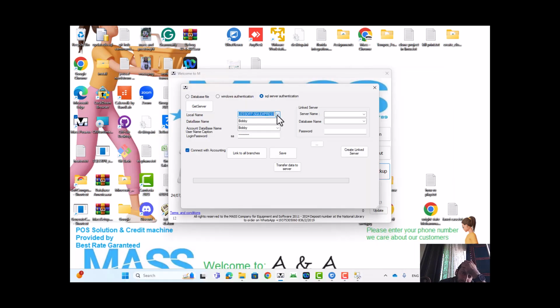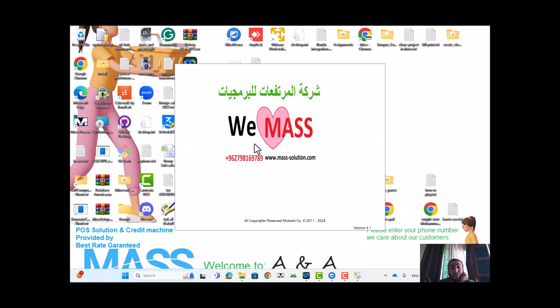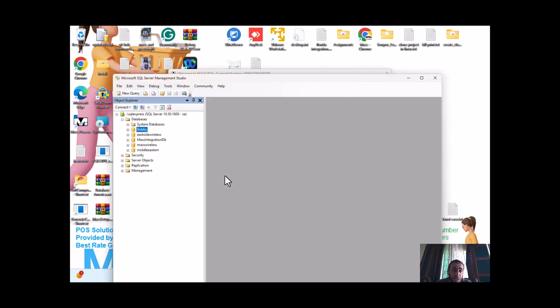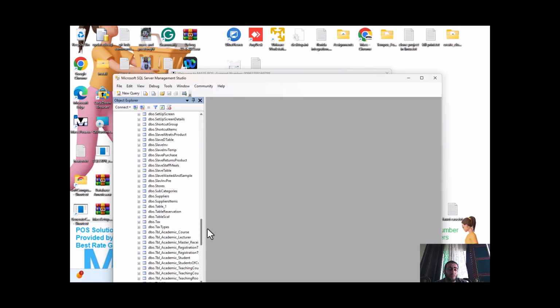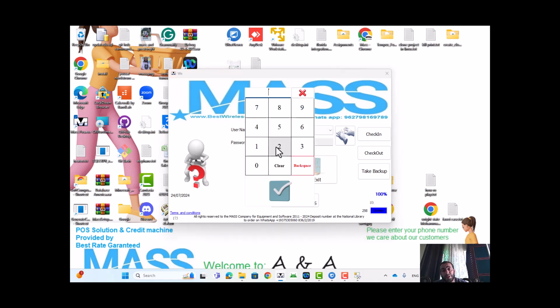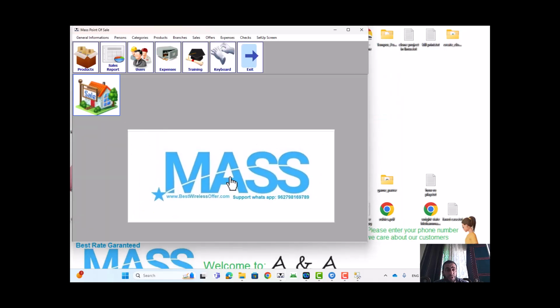Okay, here you can see all the databases, so you can choose one and just click save, and that will create the Welcome to MassPOS connection to connect with your database. So you are connected now with this database here. You can see the tables here. Okay, so to connect with the management, just put the default password, which is 1. Then